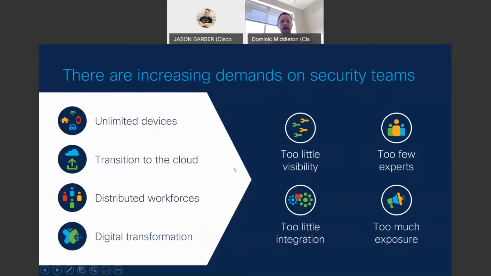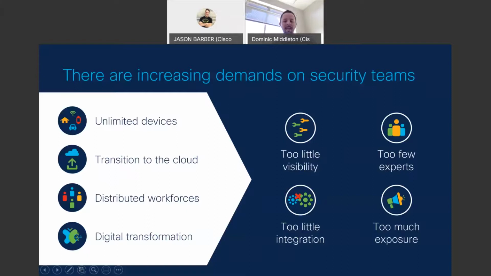Transition to the cloud kind of goes without saying. That's been happening for several years now. I'm not going to spend a lot of time on that one, or digital transformation, except to keep in mind when we're talking about transforming and moving to a cloud environment, make sure security is part of that conversation as well, because we don't want to get everything set up and then go back in and go, oh, how do we bolt on security and try and ram it in there and make it fit? Because that's a lot harder to do after the conversation versus at the beginning of the conversation.